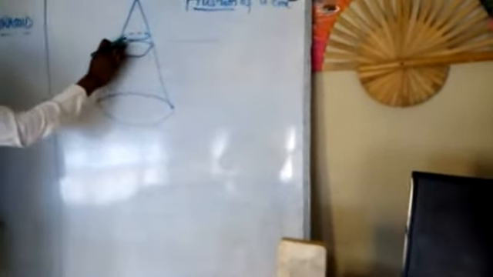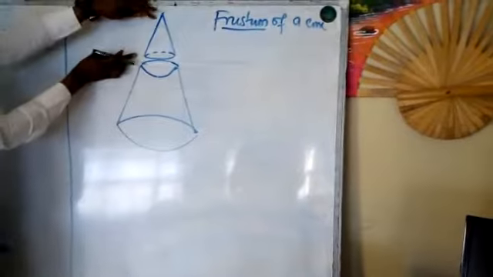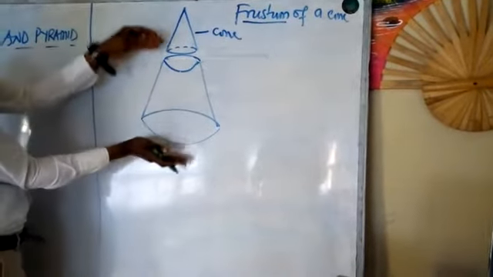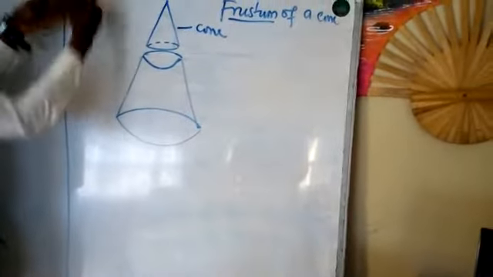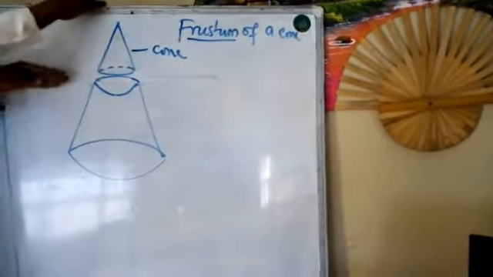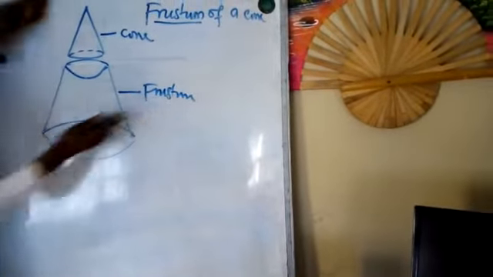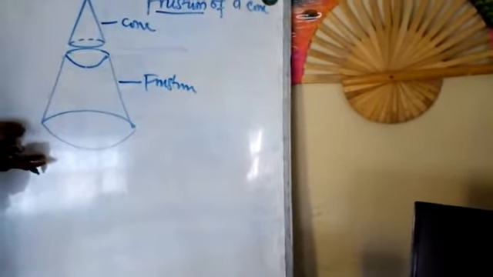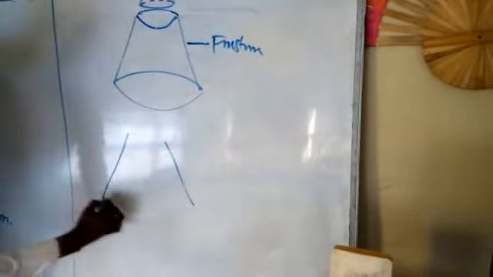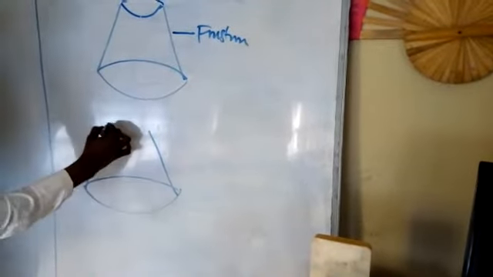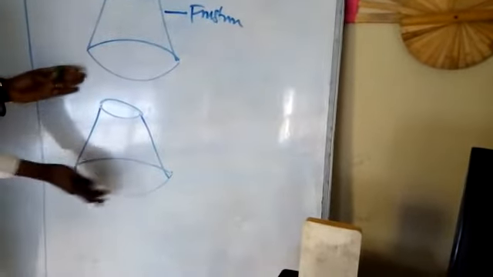If we remove this line, you can see that we now have a smaller cone up. This bottom is no longer a cone because it has been cut out from the top. When you cut out a cone from the top, the remaining part below is what we call the frustum of that cone. It's no longer a complete cone. So let me bring it here. Look at the shape you will arrive at, something like this. You know it has been cut off. It was originally a cone, now it has been cut off. So this becomes the frustum of a cone.